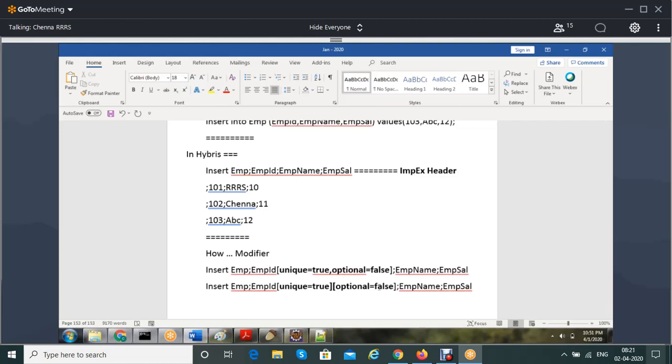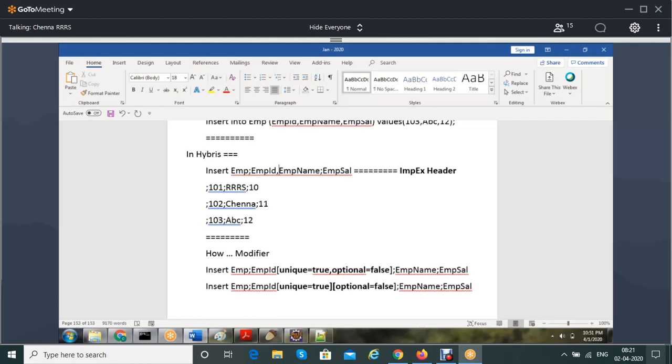Okay, now the question is, if you look here, I am using semicolon, right? Is a semicolon mandatory every time? Can I change it to something else? Yes, you can change. You can use hash, you can use comma also if you want.